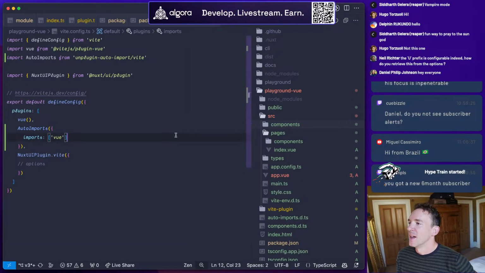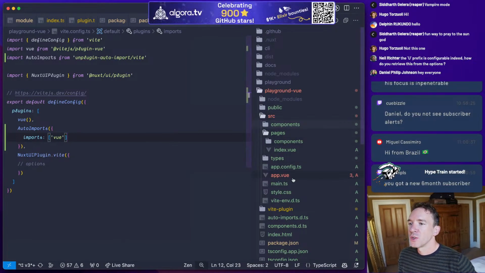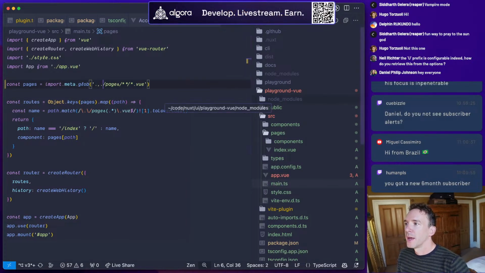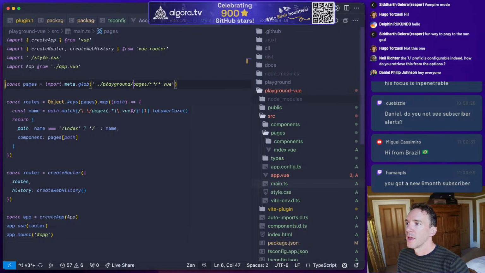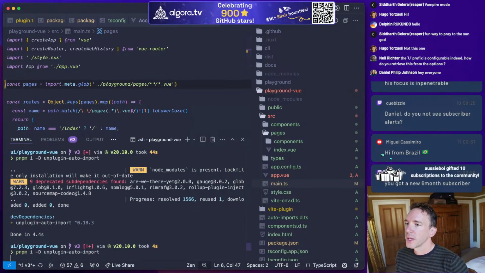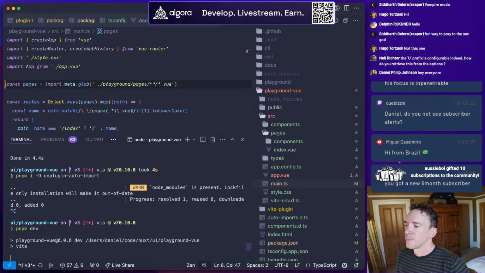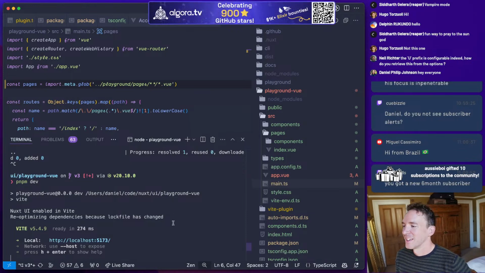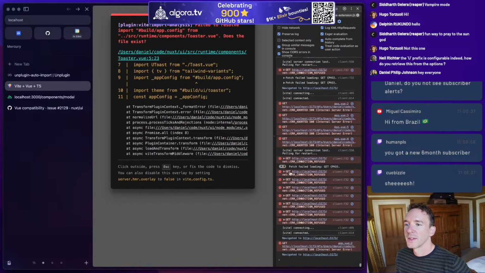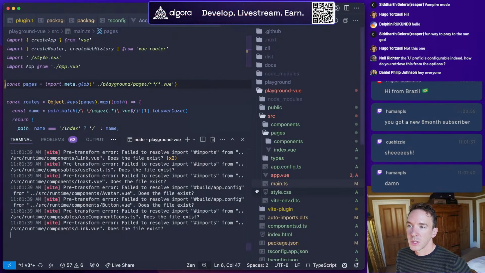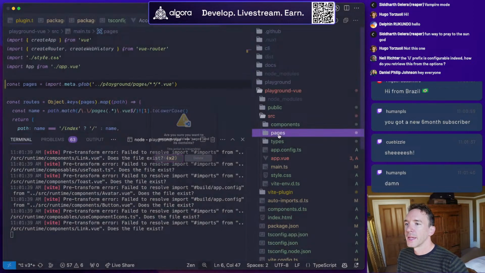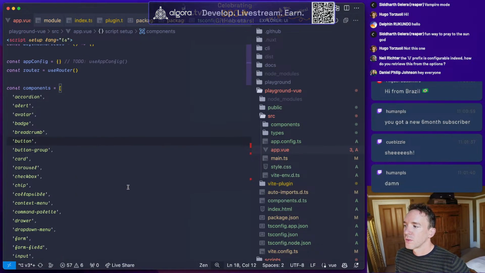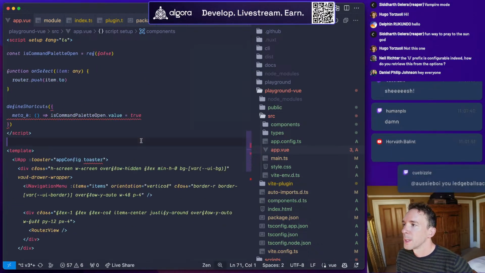Thank you. Okay, so auto imports view, and I think what we should do here is scan not the playground but the parent playground. So let's try that and see if it still works, because then we can get rid of the duplication between the two. Thank you, Aussie boy. Goodness. Okay. Right. Seems to be working. Okay, so we can delete pages. How about app.vue? Well, I guess this is the thing that we can work on to start with.